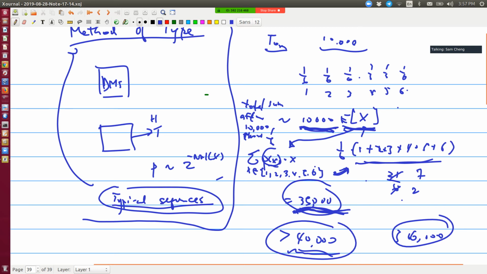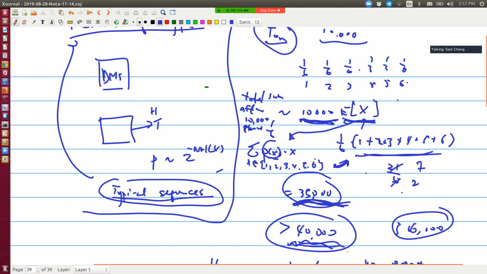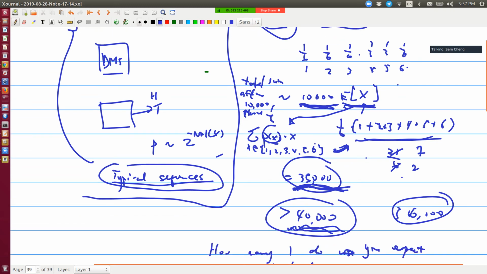But as I said, if Tom is doing this task of rolling the dice and has so much time, he just keeps doing that until he gets something more than 40,000. Then for that particular sequence that he rolled,